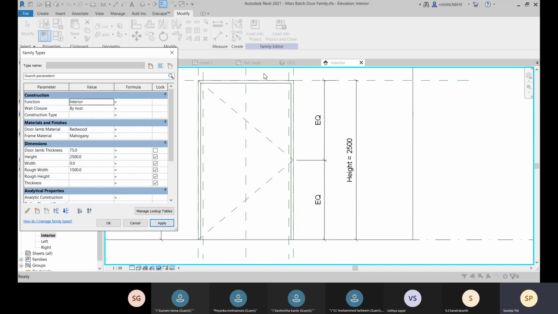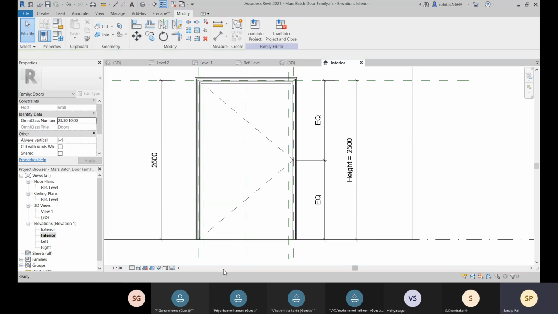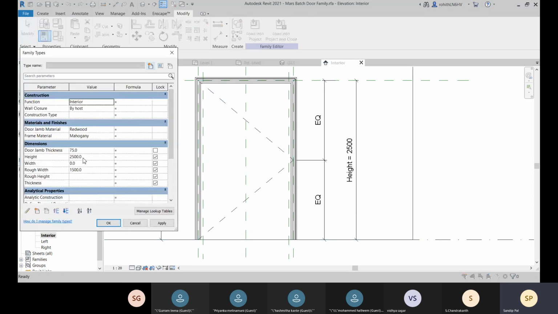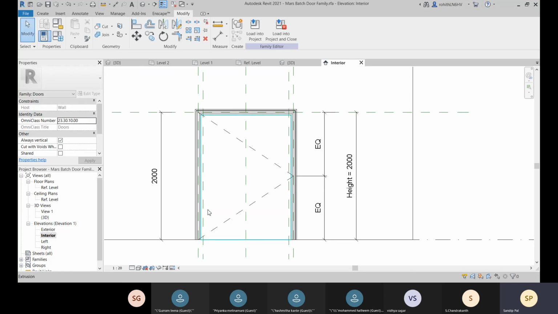Let's click on apply, and let's go for OK. And here you can see that it has also changed. This is also changed, and let me bring that door frame back, and let me do that with HR window. And here you can see that it is also changed, right? So it's working properly. And let me bring back our height, so 2000, and apply and OK. All right.